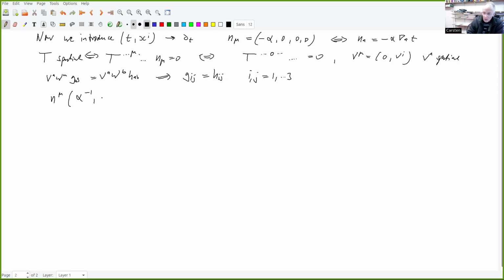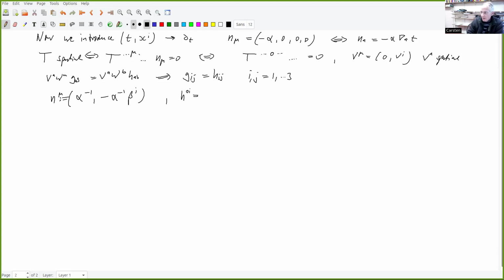So I will now introduce something which I call minus alpha to the minus 1 beta^i. And if you look at this like that, it's a rather odd convention to have the minus alpha to the minus 1 in front and call these components then beta^i. But let me do that. So let me define that. And now I'll come to what I wanted to say, namely that we have that